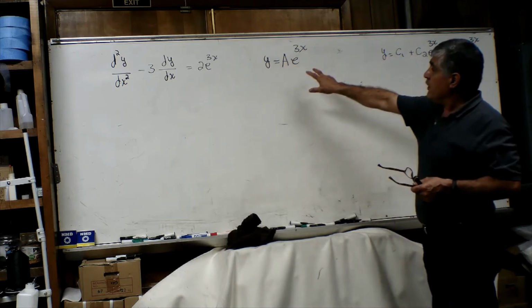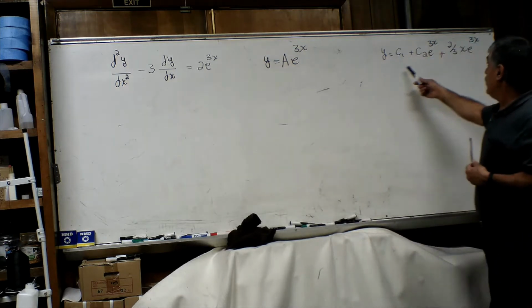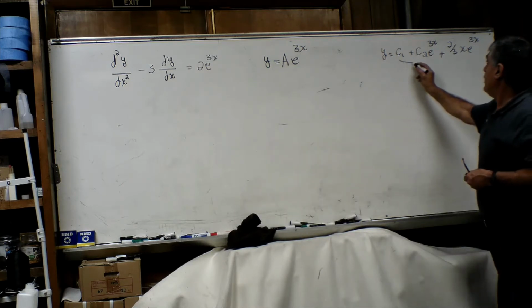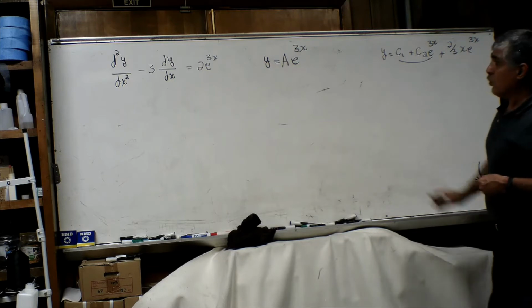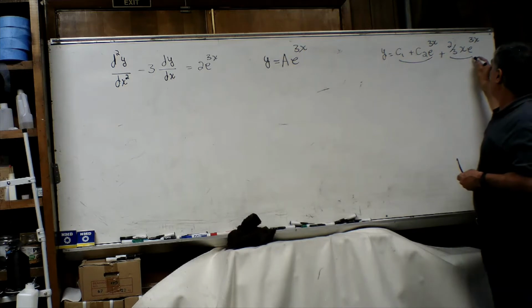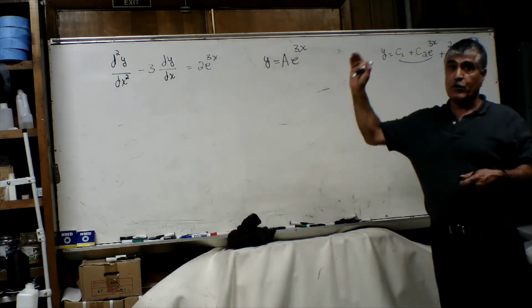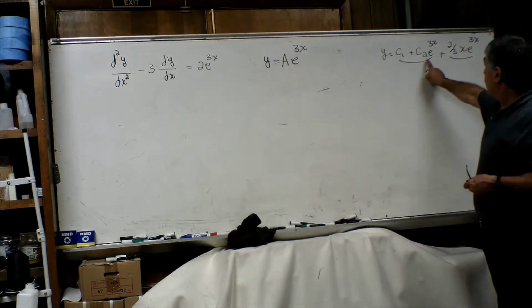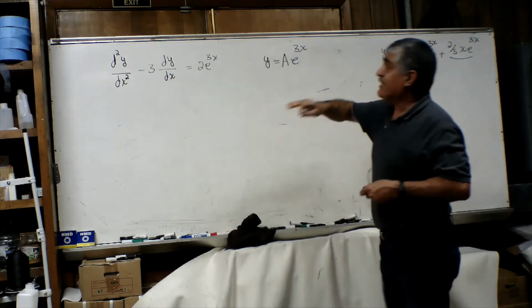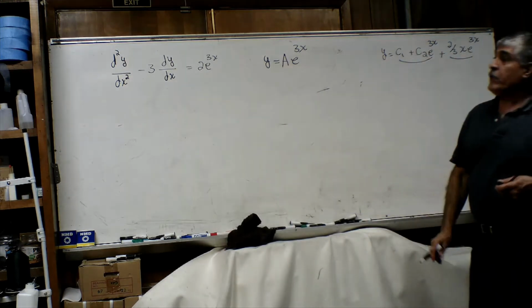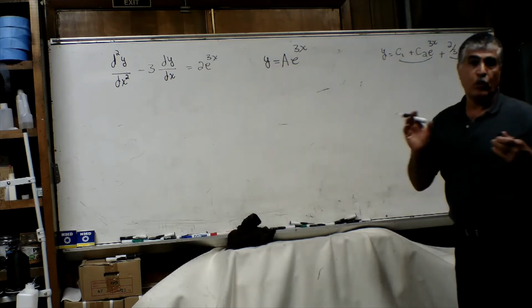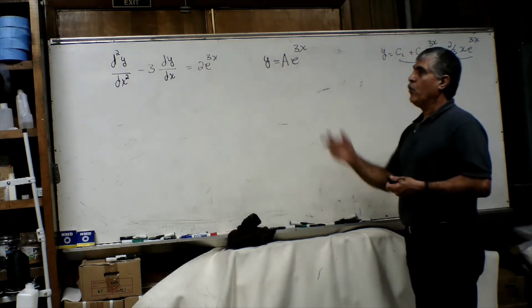If you notice, just by looking at the solution of that equation, this portion is really the solution for the homogeneous portion of that equation, and this part is the solution for the non-homogeneous portion. So that means that this e to the power 3x is a repeated solution. This is a good example for a repeated solution case in higher order linear